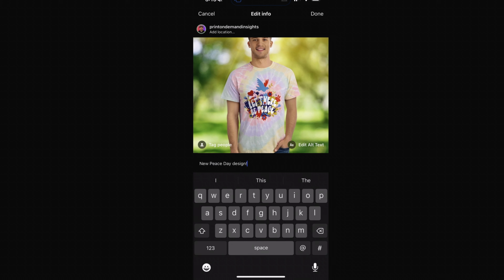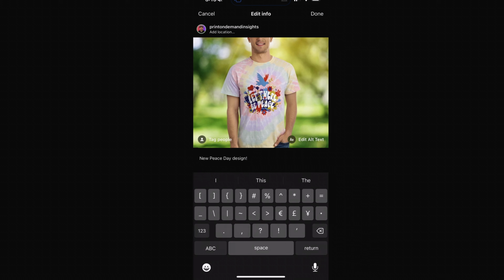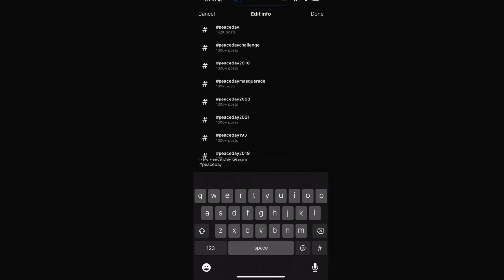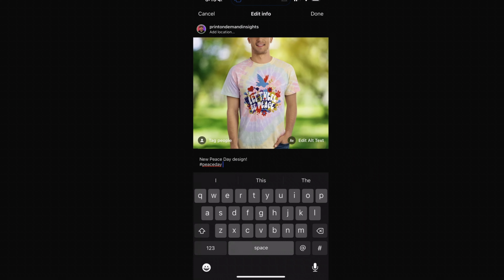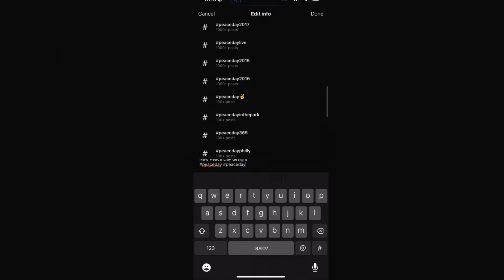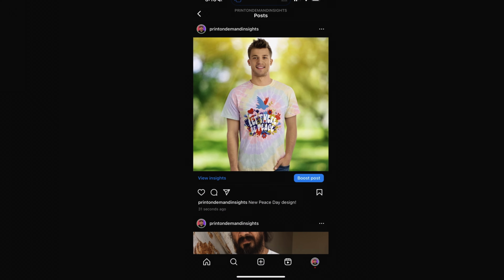Now we can edit the description, and we can actually see the hashtag information. So I'm going to start typing the same hashtag here, Peace Day, and then you'll see this menu pop up in the app where now I can see some data and some suggested hashtags. So I'm going to find ones that look like they're relevant. I'm going to use the one I typed in there, Peace Day, because that one looks very relevant, but you get the point. This was just what I was missing by using that workflow, doing it directly from the Etsy